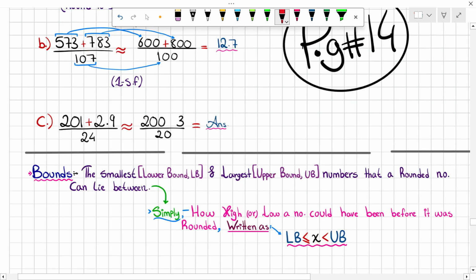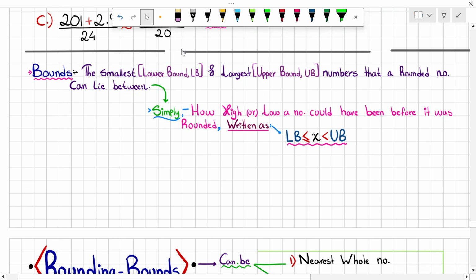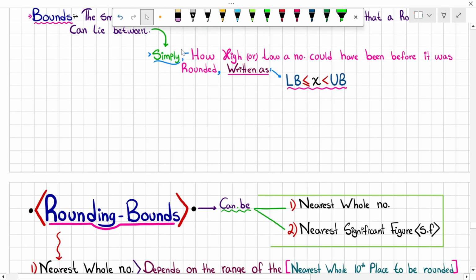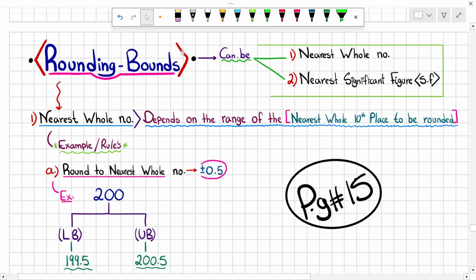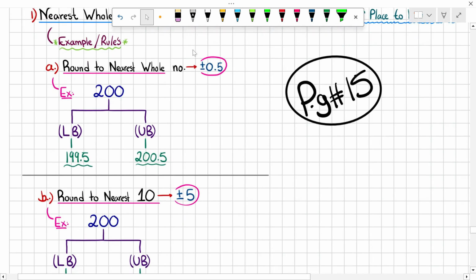Bounds. Bounds are the smallest lower bound and largest upper bound a number can lie between. It could have been rounded up or rounded down before. So it's simply how high or low a number could have been before it was rounded. This can be to the nearest whole number or nearest significant figure. To the nearest whole number, it depends on the range of the nearest tenth place. So if you're rounding to the nearest whole number,